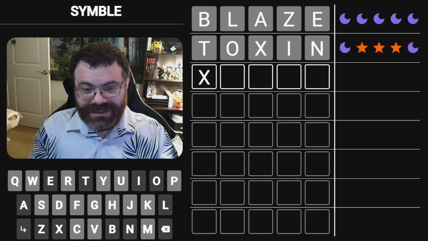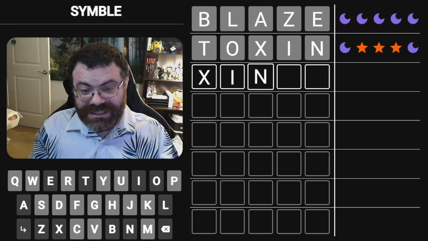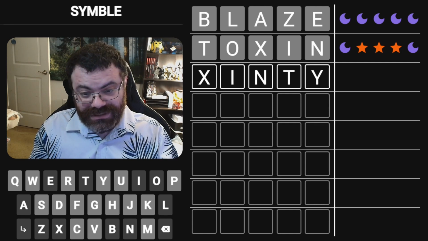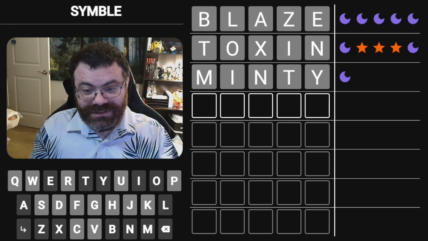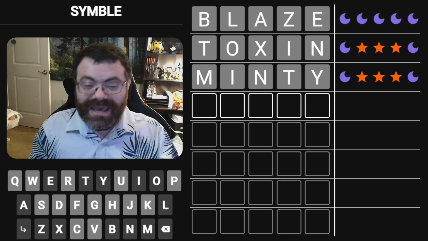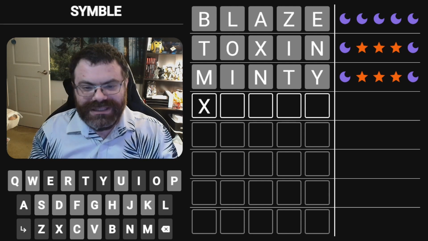Or it could be like T-I-N or N-I-T. What would T-I-N look like? Or I-N-T even. Or O-N-T. I-N-T-Y? Minty. Let's do minty. Okay, I picked the correct letters, but they're in the wrong order. So it's going to be something...